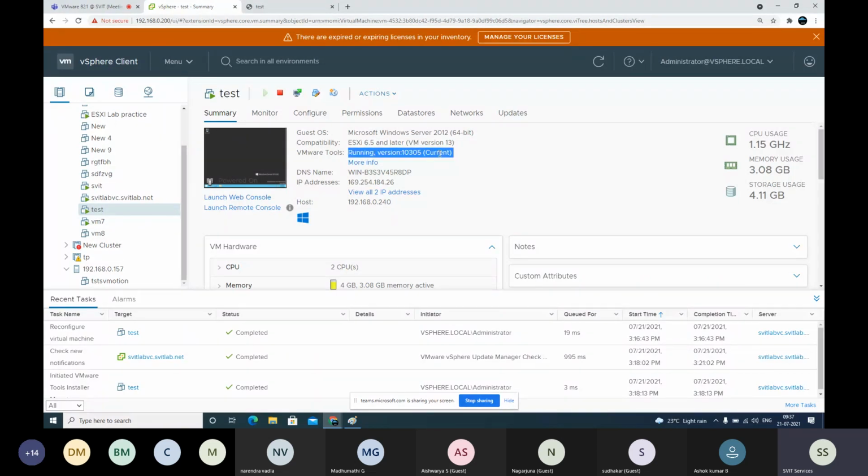So a customer will complain to you that the VM is running slow. Which one will you check? How will you troubleshoot it? First thing, VMware Tools. And we will see the troubleshooting steps later, like if it is slow, what are all the other things we need to check. This is the first thing, but there are many other things that we need to check.